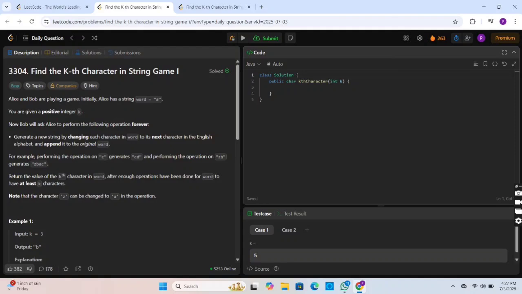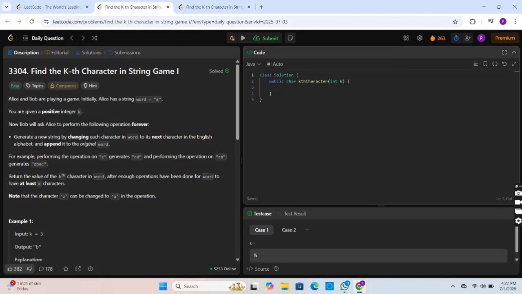"abbcbccd". We can say that when the word has length 1, the generated word has length 2. When we have length 2, the next word has length 4.